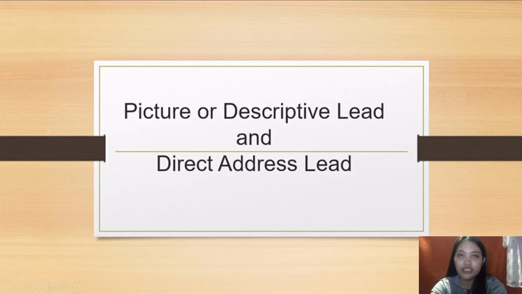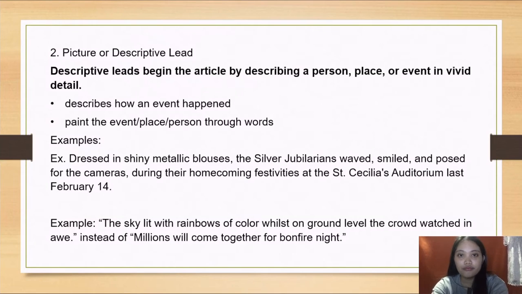So, here there are two types that are assigned to me. First is picture descriptive lead. What is picture descriptive lead? Descriptive leads begin the article by describing a person, place, or event in vivid detail. So, journalists focus on setting the scene for the piece and use language, action words, or adjectives that tap into the five senses in order to paint a